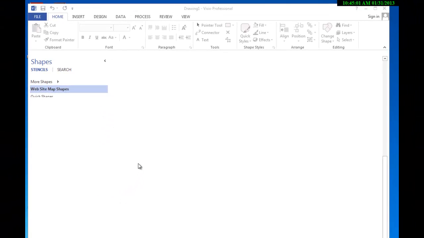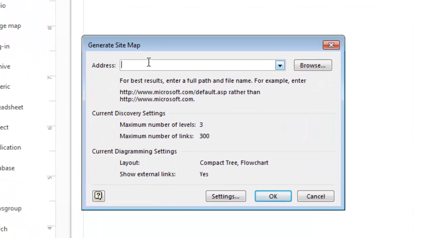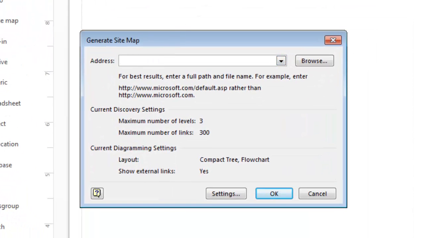and when this opens up, what you should be able to do is enter a URL of a website that you would like to generate a site map of. Now I'm going to tell you right now, don't do a huge site like CNN.com or something like that. What you want to do is pick a relatively small site, because this takes a little bit of time and resources, and if you go to too large of a site, it will actually crash your computer, or previous versions of Visio would. So what I'm going to actually do is bring you to my personal website,